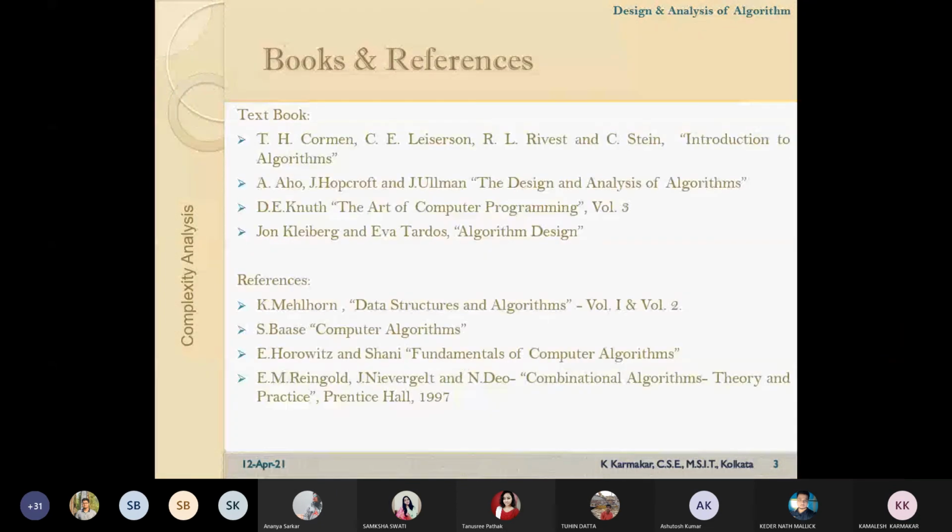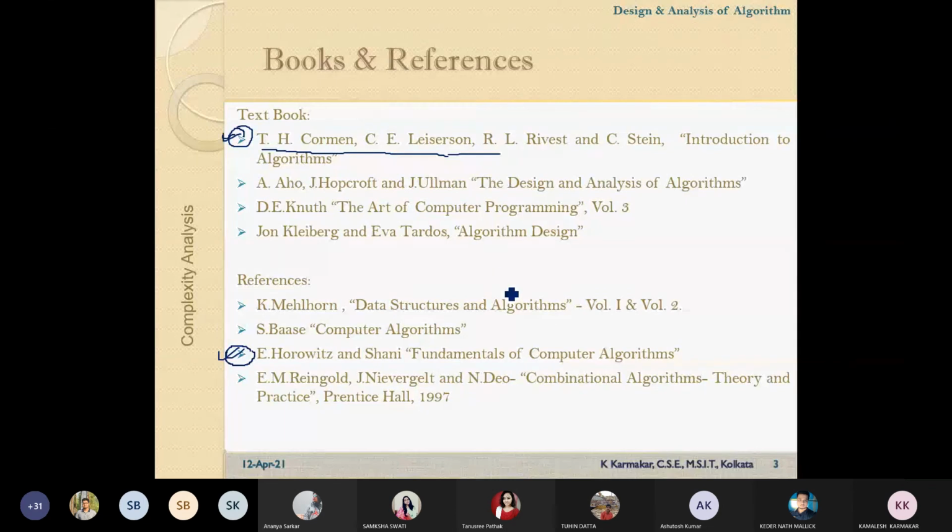Okay, you have to go through these 2 books. One is this, so basically this first one and this one. These 2 books are very important. You should collect them. And I will suggest you not to read them from the library. Try to keep these 2 books with you for your lifetime. These 2 books are very important.